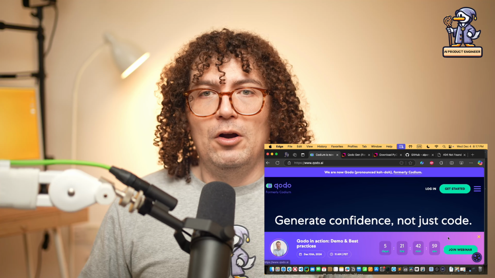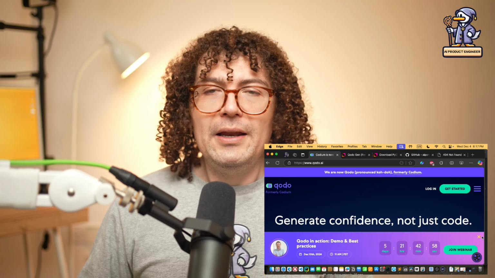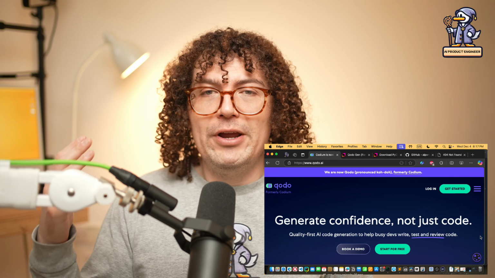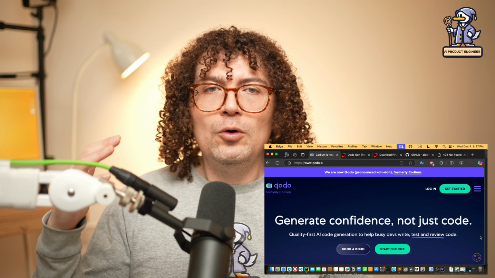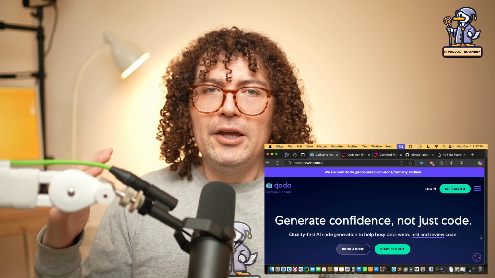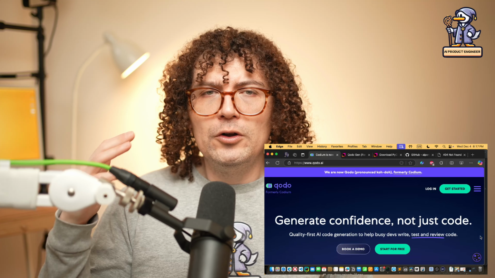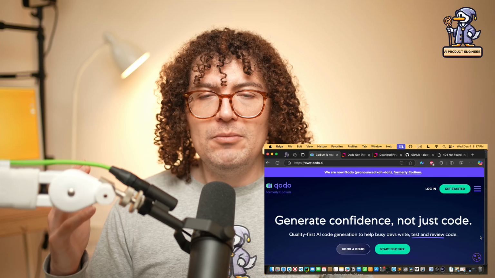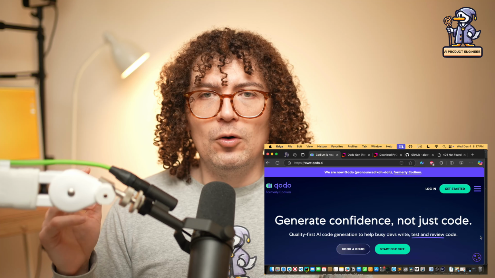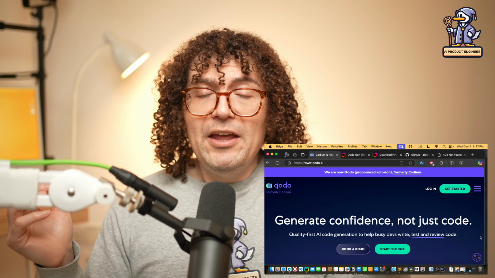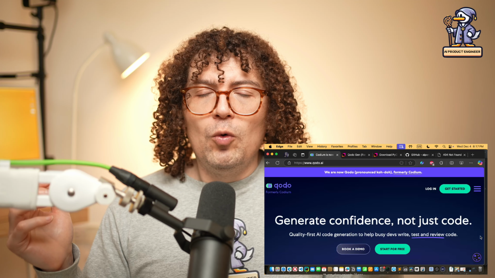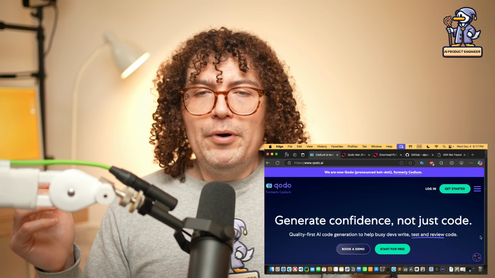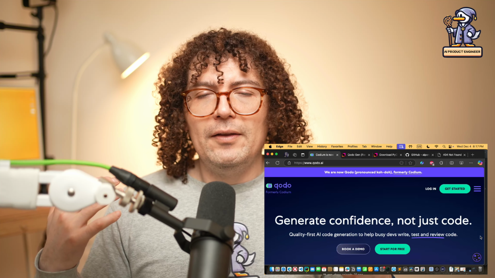So, for whom then is Qodo and should you be using Qodo? Well, the fact that you can start for free is a no-brainer to start using Qodo. You have to go to qodo.ai, download it. Now we tried it for PyCharm, but there's also one for VS Code. And definitely, this will be something that will accelerate you. And compare it to the other offers on the market where you have to pay.